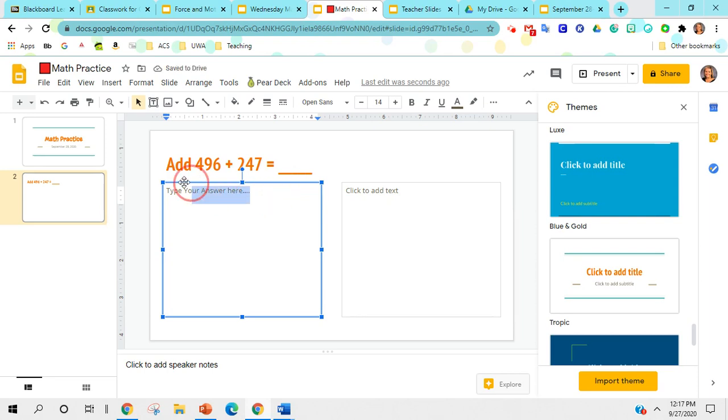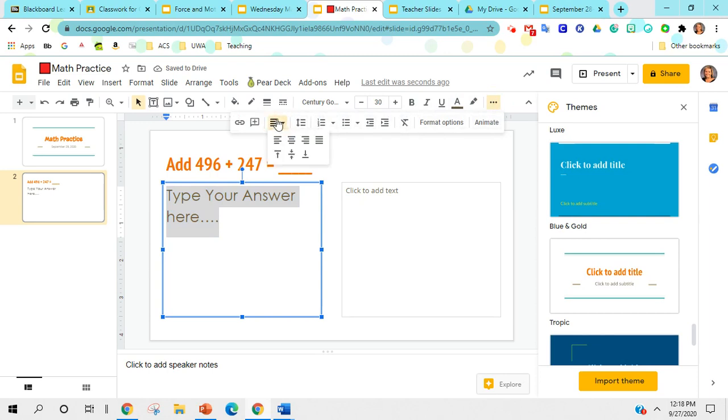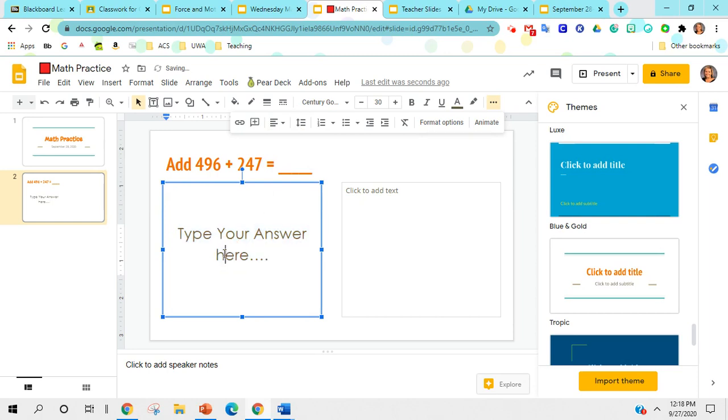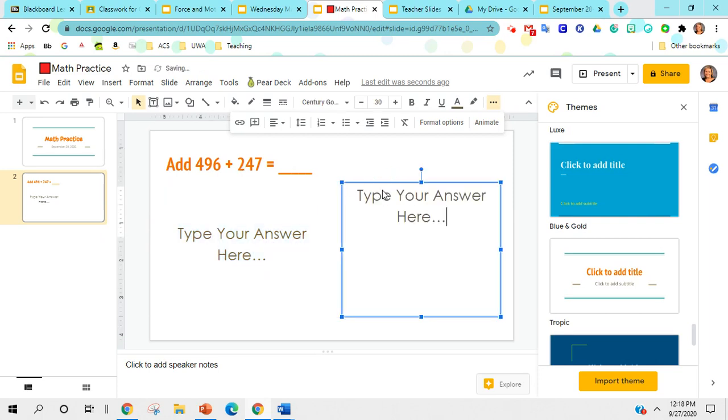So I always make it bigger so that I can see it, they can see it. I just want it to be aesthetically pleasing. And you can update it or change it however you want to. I like to have it in the center. And also, if I'm going to capitalize all those other letters, I'm going to capitalize that one. Okay, so they will type their answer here. And I want it to be the same font. So I'm going to put over here,